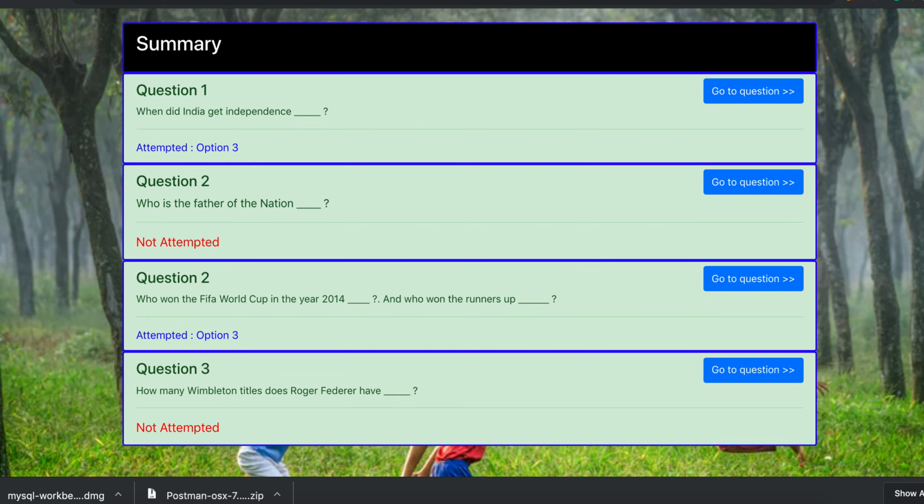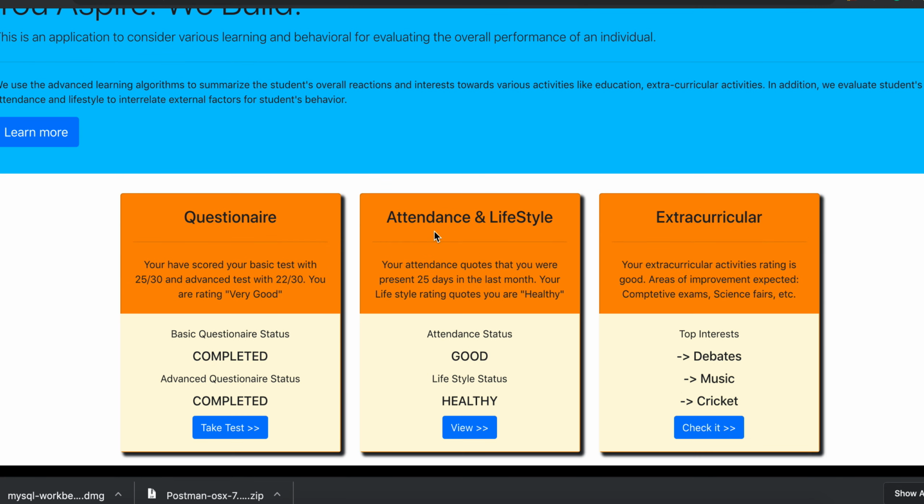Now coming back to the dashboard page, we have the attendance and lifestyle tile. In the attendance, we know that students' attendance is very much affected by a student's lifestyle. So we will try to show the relation between students' lifestyle and attendance. In the attendance, we will show how many days the student is absent and what is the reason behind his absence, whether he is sick or he had some other work. And in the lifestyle section,